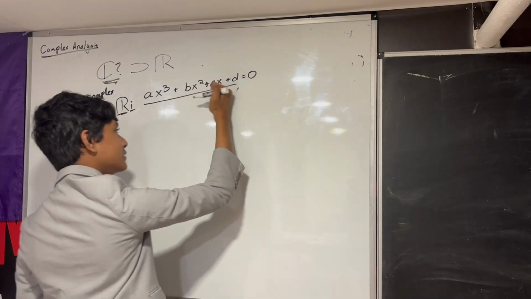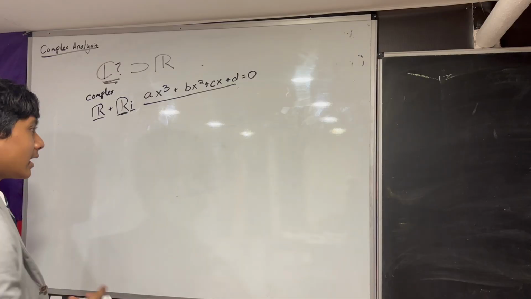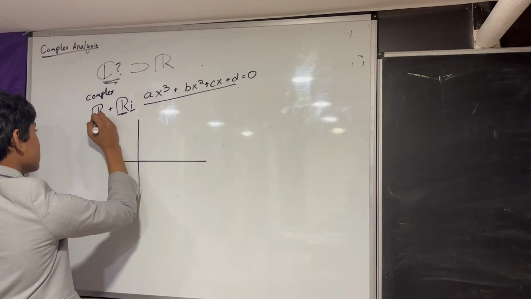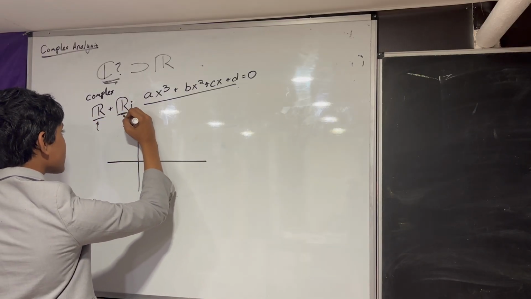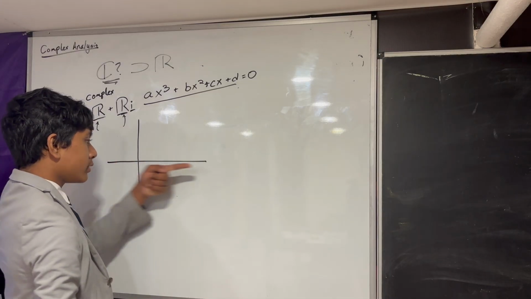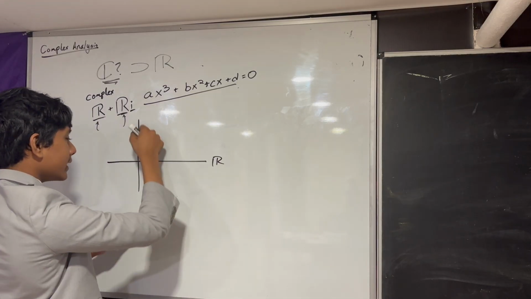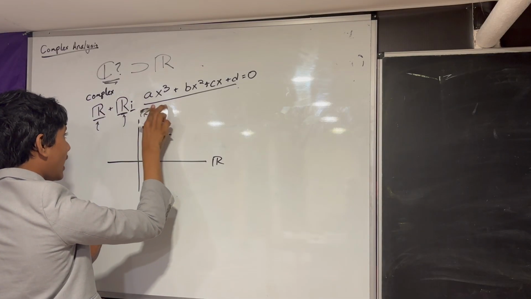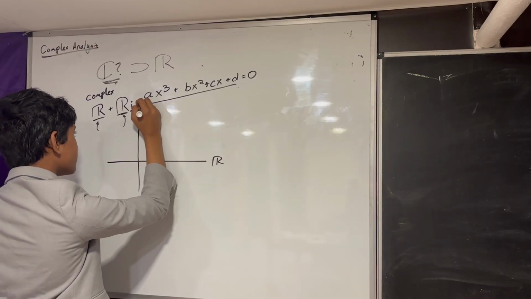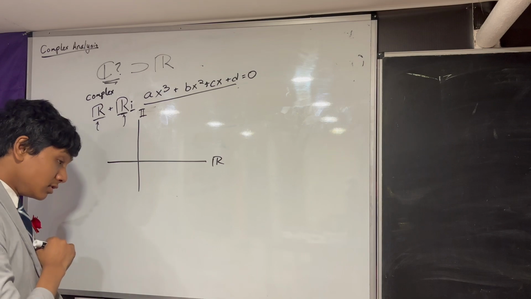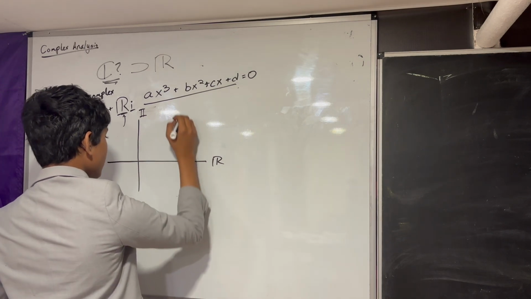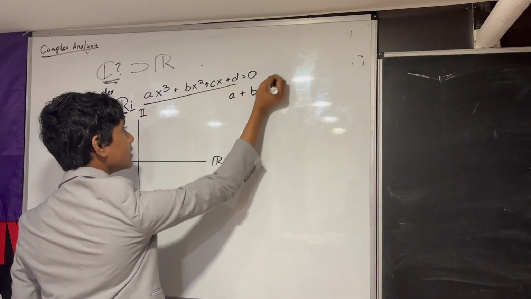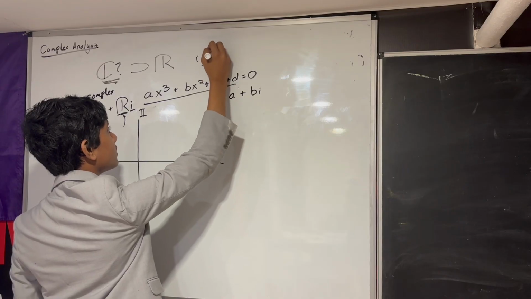So now, why are these useful? Well, the main purpose for them was to graph them. Now, as you'll notice, this is kind of like a Cartesian product. It's like you're taking a real line, another real line, and rotating one of them. So this is R i, you could say, or you could just call it i imaginary. So if you have a number a plus b times i, remember i is the square root of -1,